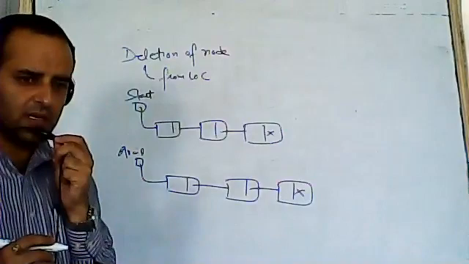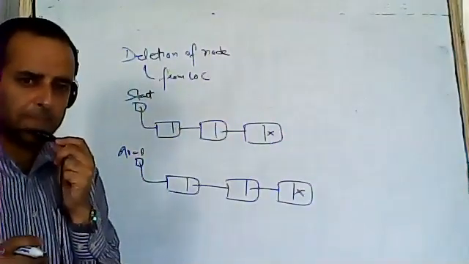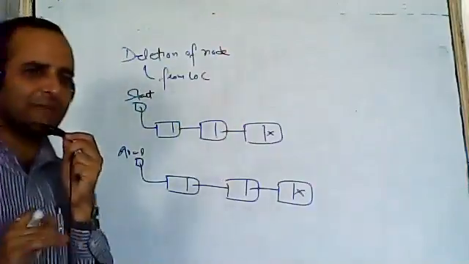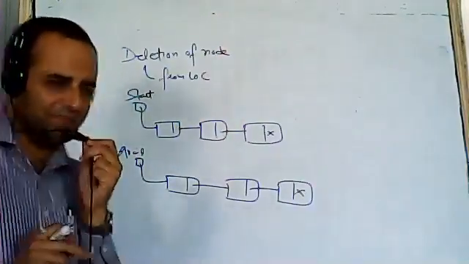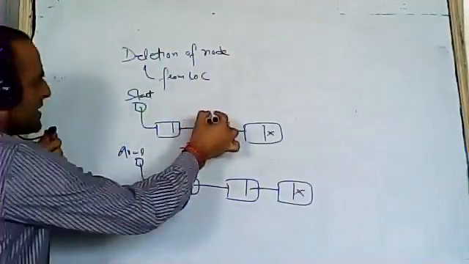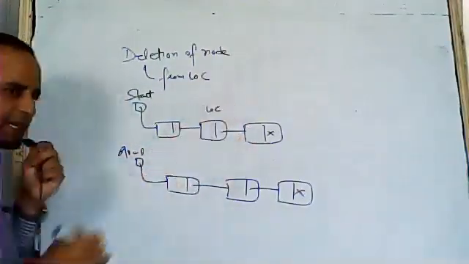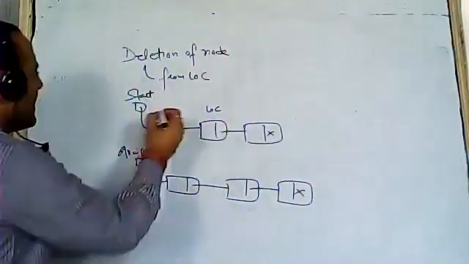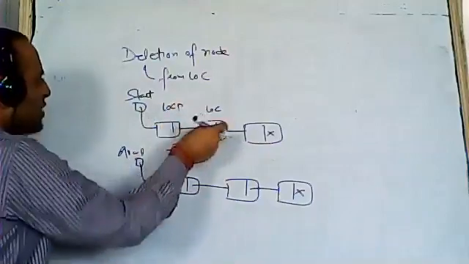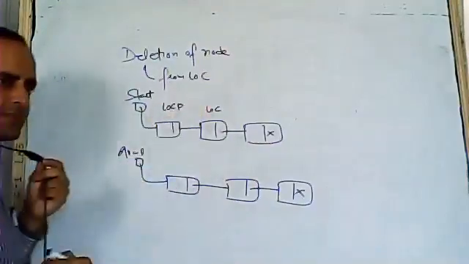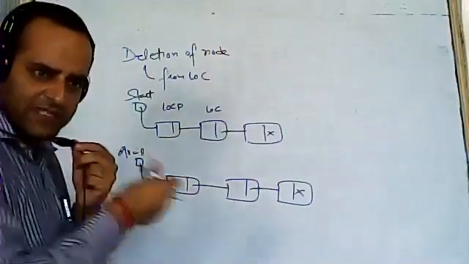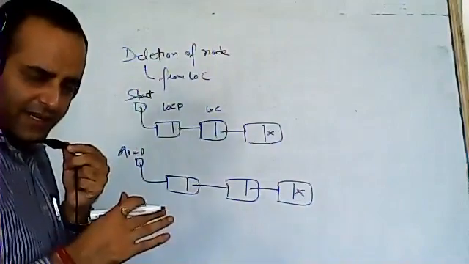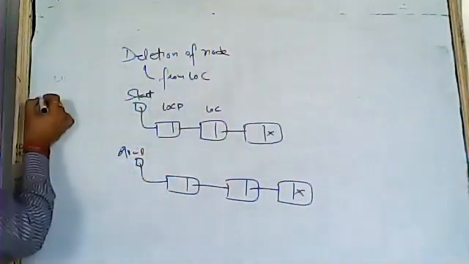Sir, if the location is not already given in the linked list, then it will go to start. Please see the algo first, see the method first, then your question may vanish automatically. Now imagine this is the location you are going to delete, and log p is one previous location. Is it clear? Now let us write the algorithm parallelly.